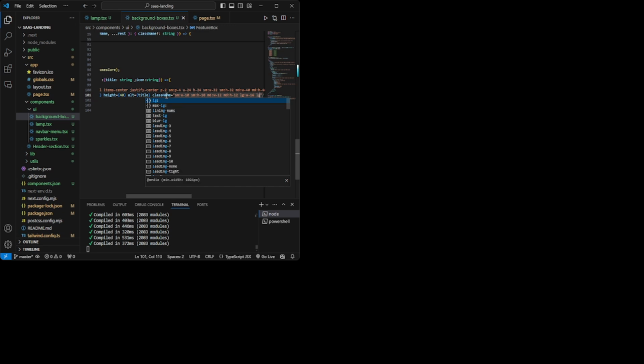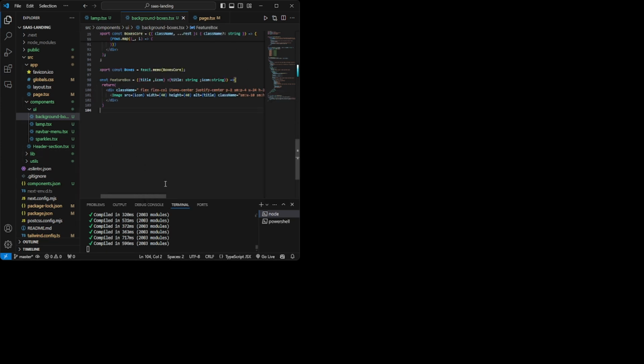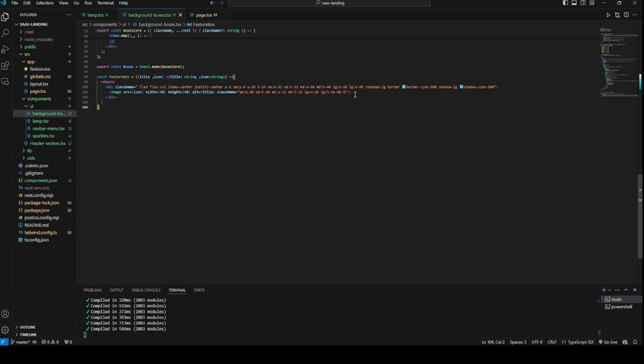The large device, height to be 16. Then MB2, this is margin below. Okay, so we are done with the image tag.